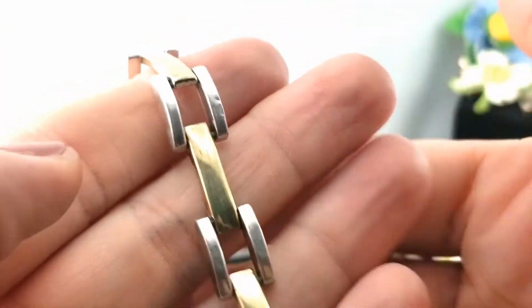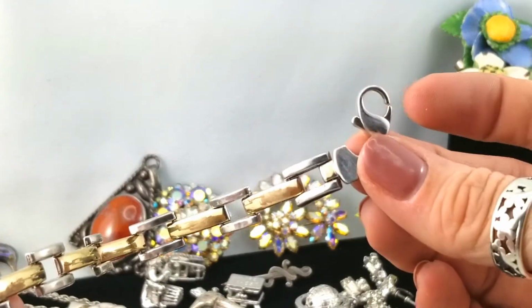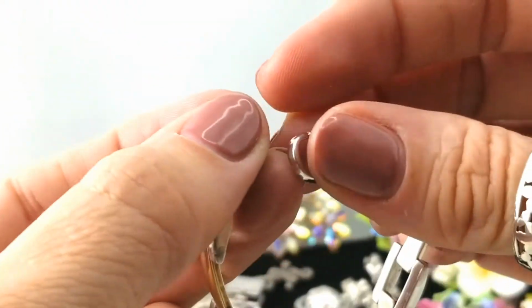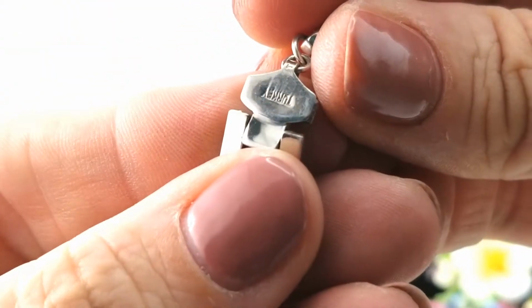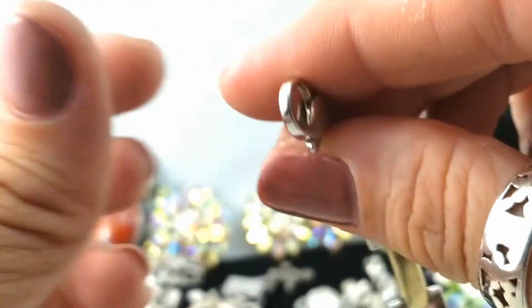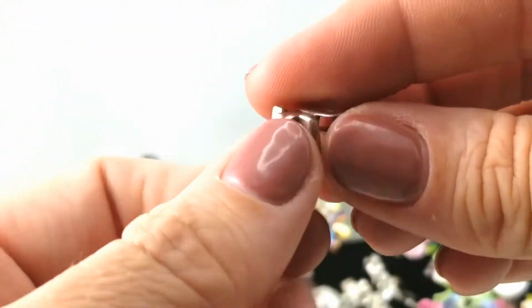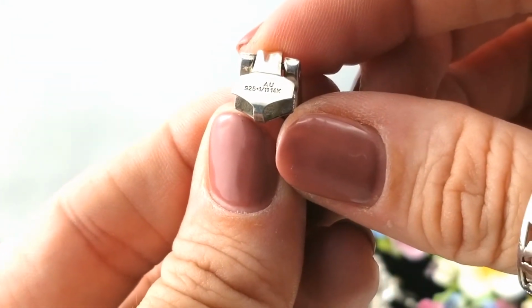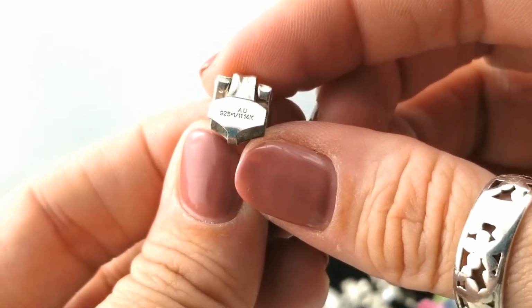All right, now I've got a bracelet here. This is just a silver and gold tone link bracelet with a big lobster claw. And there's the other end. It's very lightweight, so these are hollow links. It is marked Turkey. The claw itself does not have a sterling mark. The other end over here, it says 925 and 1/10 14K. So 14 karat gold